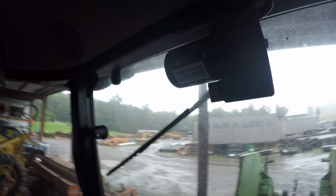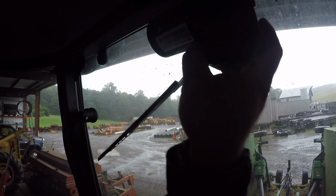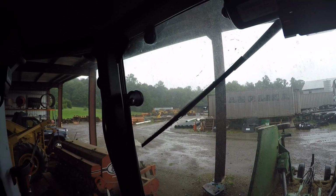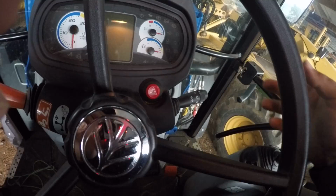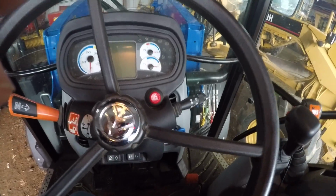And then on the back wiper, it's a little bitty thing, and if you want to turn it on, you got to turn it all the way around and turn it on back here. Which, I mean, it's nice to have a back wiper, and it's not too bad of a deal, but my other tractors, on my 95, the back wiper's here, which is good, and the front wiper is up here, which is even better. But anyway, that's beside